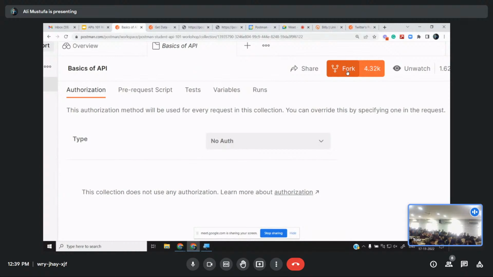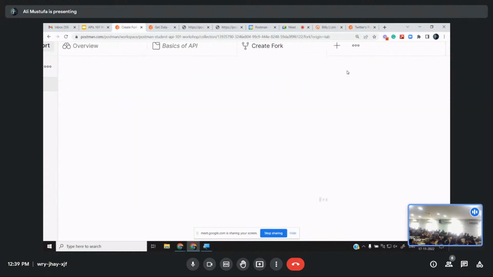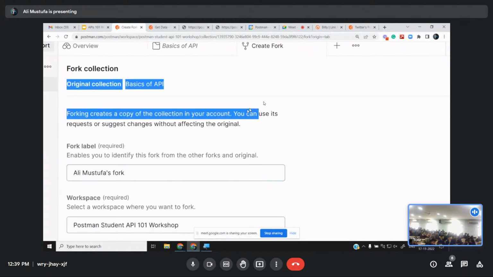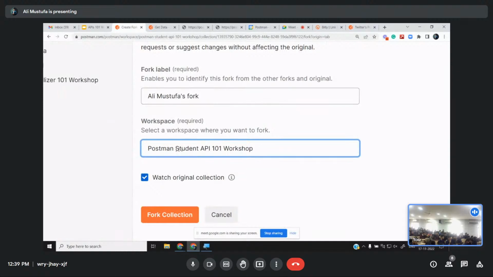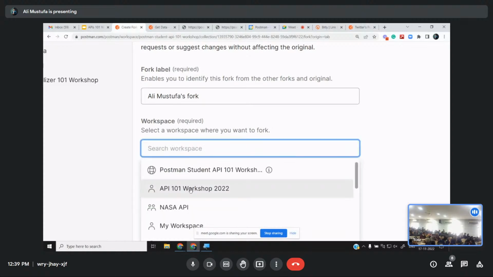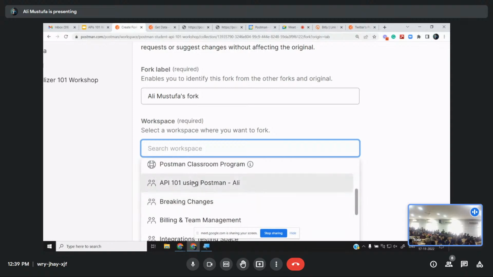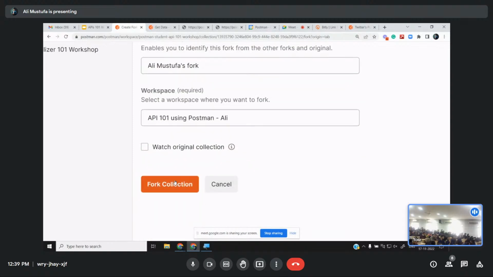Click on that button, and then what will happen? It will give you a fork label. Don't change it, don't change the date or anything. Okay? And then it will give you an option to select a workspace. So here I am going to select what? My workspace. Okay?